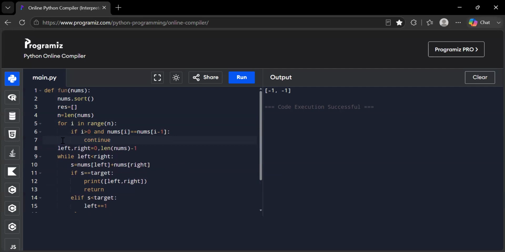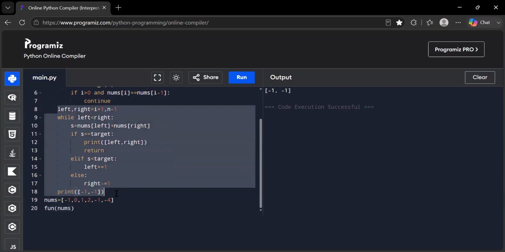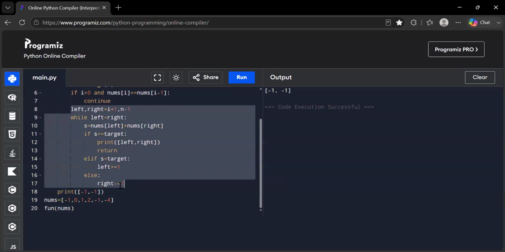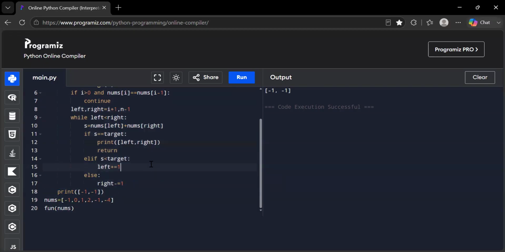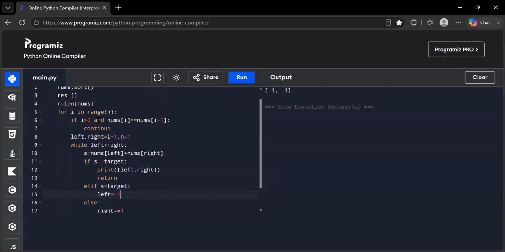If not, then we will take left and right pointers. And since we have already taken i, the next element would be i plus 1. And the second pointer would be n minus 1 as is. Now the rest of the thing will remain same. So let's put everything inside this for loop,